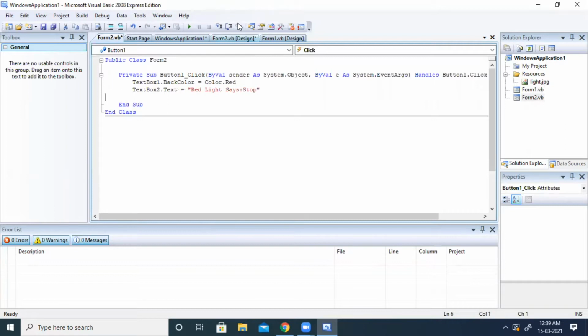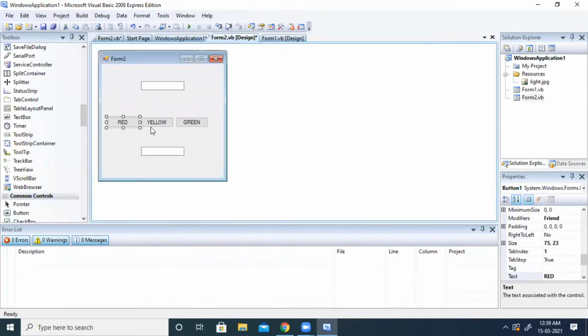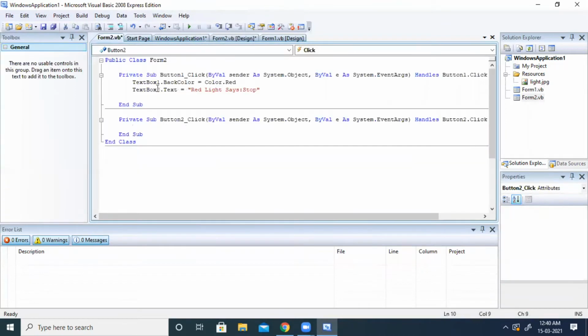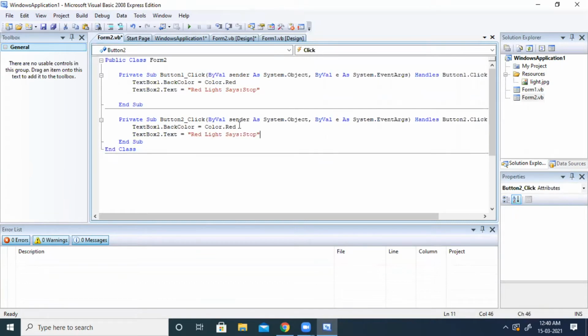Now let me go to the design page. Here in the yellow button, this same coding I am simply copying and pasting here. Instead of red I want yellow.